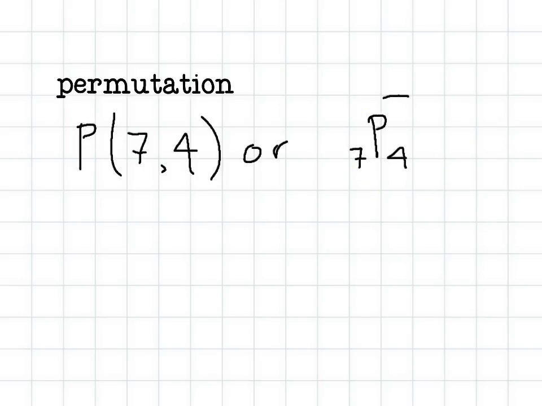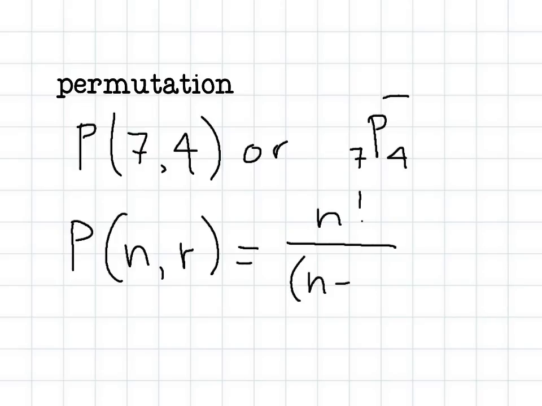If you go to Math Prob, you will see, I think it's the third item down. But we can also do this by hand. The formula for a permutation of n items taken r at a time is n factorial over n minus r factorial. So if we were going to do the permutation of 7 items taken 4 at a time,